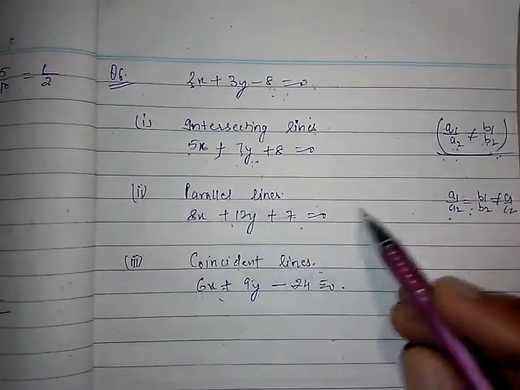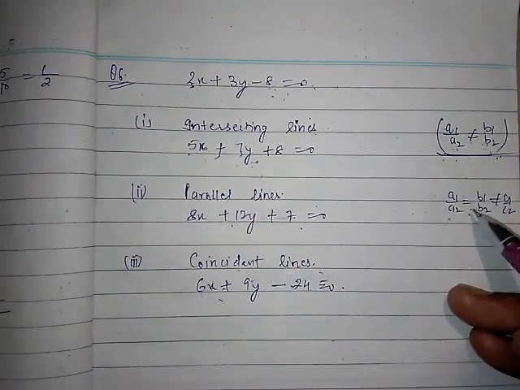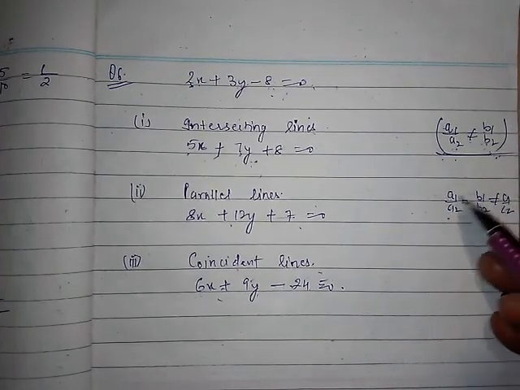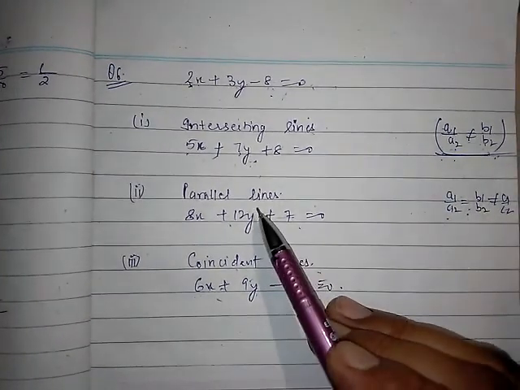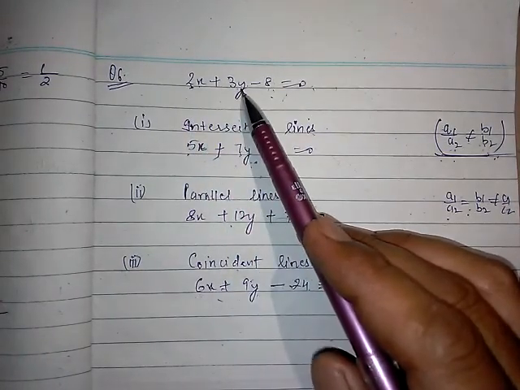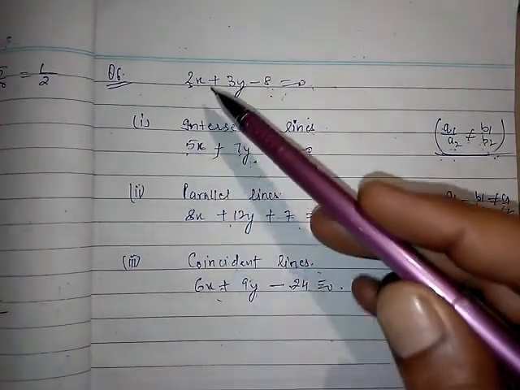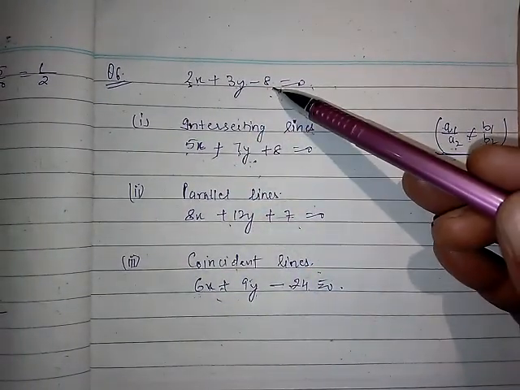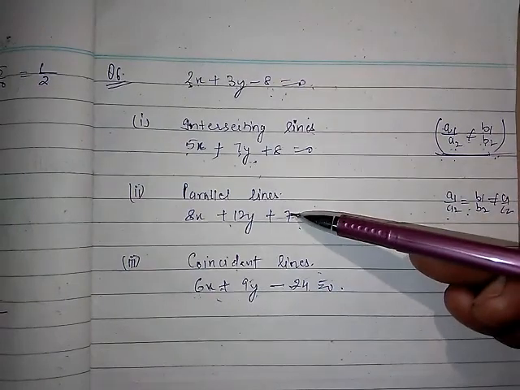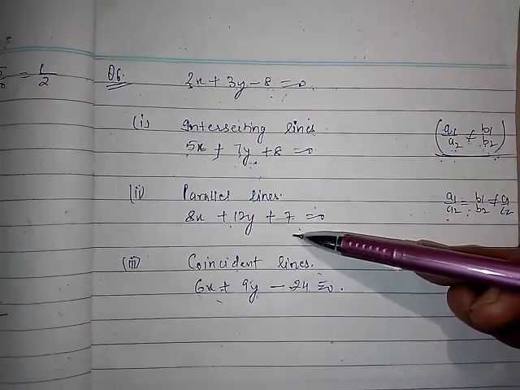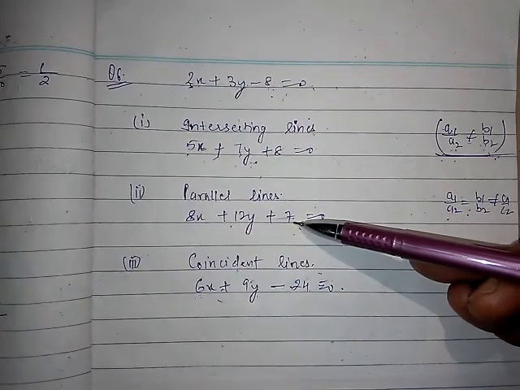So what is the condition for the parallel lines? a1 upon a2 is equal to b1 upon b2 is not equal to c1 upon c2. So this condition must be satisfied over here. So what you need to do here, multiply this equation by any number. So I have multiplied here by 4. 4 twos are 8, 4 threes are 12, and here I am not multiplying by 4, just writing 7 from my side. You can write down 11, 19, whatever the number is there, but except 32, right?